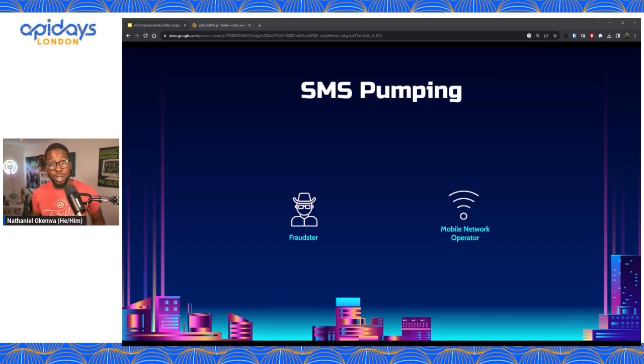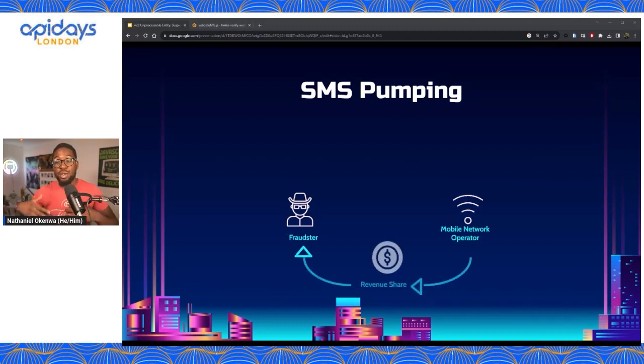You may have come across a number in the wild where if you wanted to send a text message or call that number, it's going to cost you way more than usual, or way more than it would cost you with other services. So this mobile network operator has these premium numbers that they would like people to create traffic to, whether it's phone calls or text messages. This mobile network operator creates a revenue share.